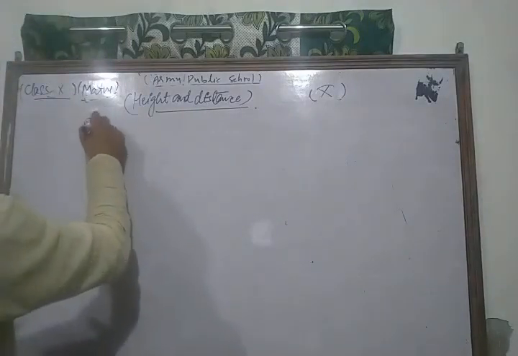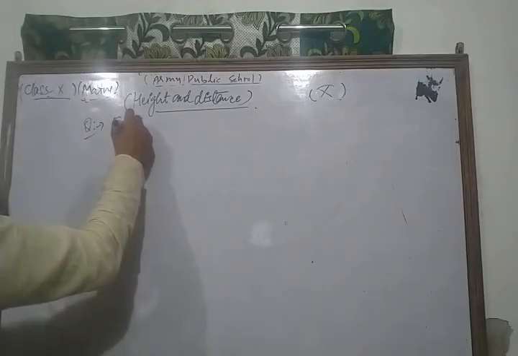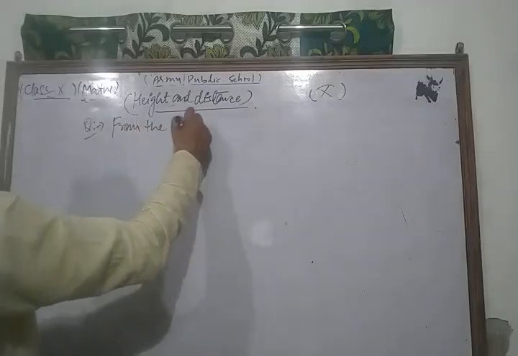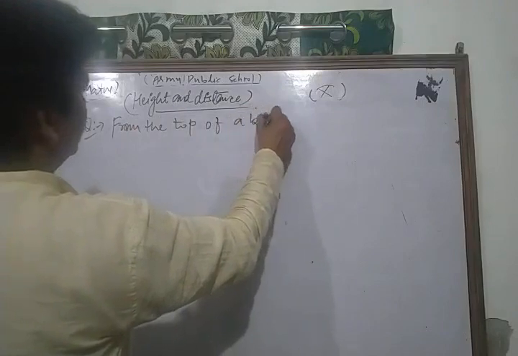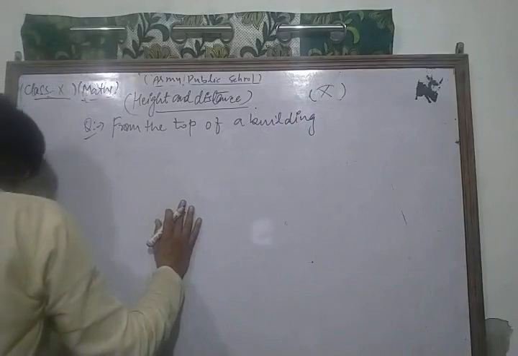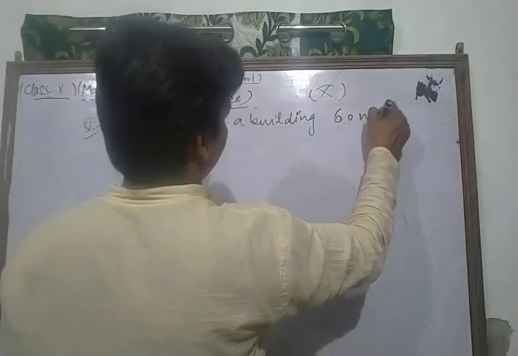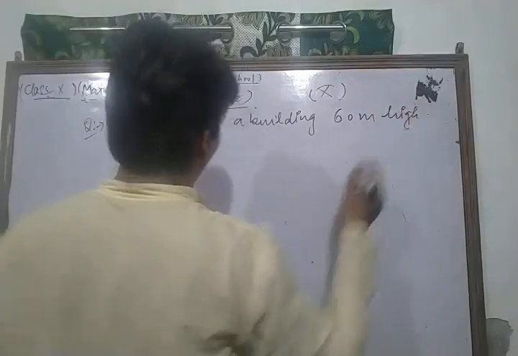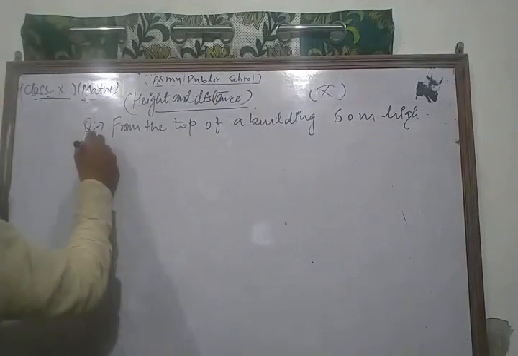Now we take and solve some other important question based on height and distance. And the question is, from the top of a building 60 meter high, the angle of depression